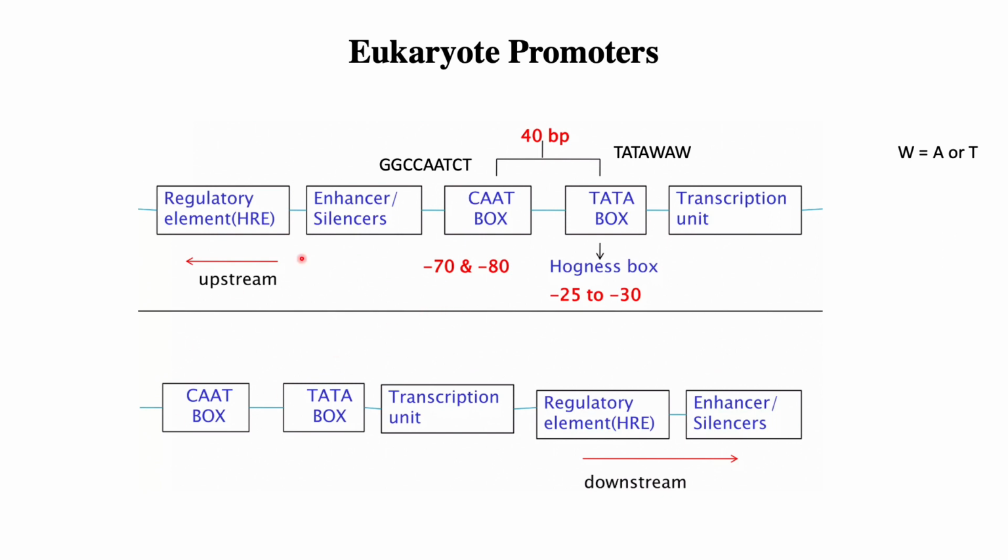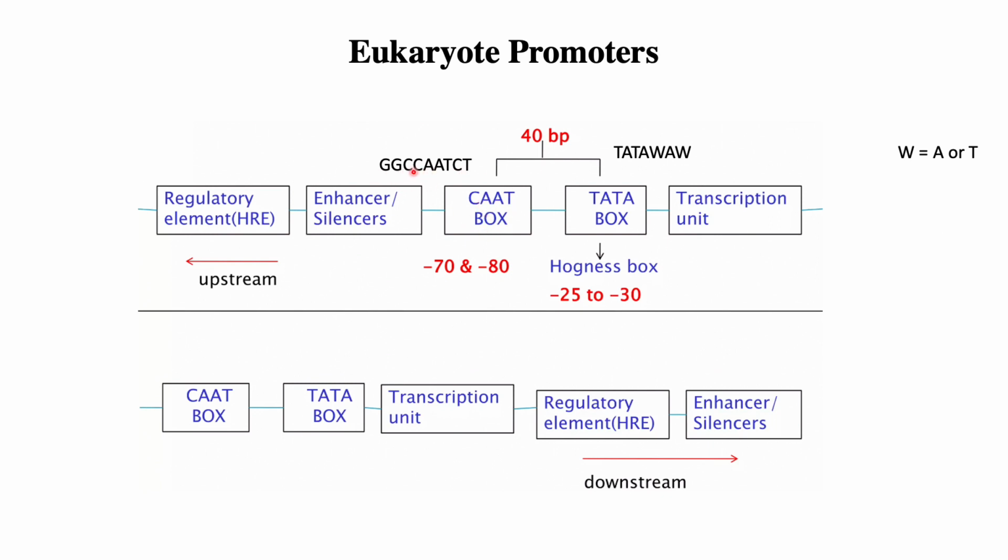So this is just a representation of the promoter region. It consists of the regulatory elements like enhancers and silencers, the transcription start site, and the promoter region, which constitutes two conserved sequences called the CAT box and the TATA box. The CAT box is about 70 to 80 nucleotides in length, whereas the TATA box, also called the Hogness box, is 25 to 30 nucleotides long. So yeah, the composition of this region is